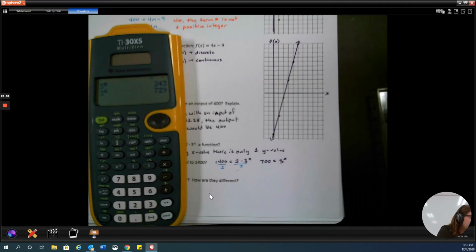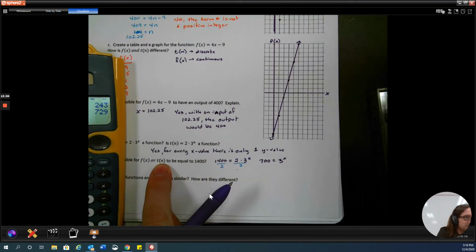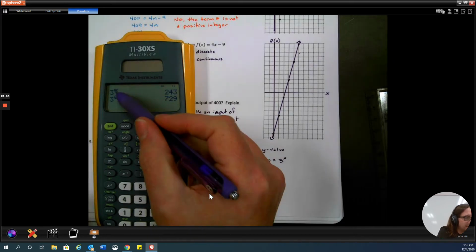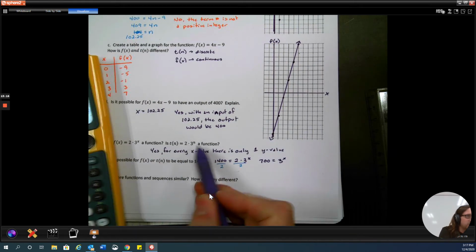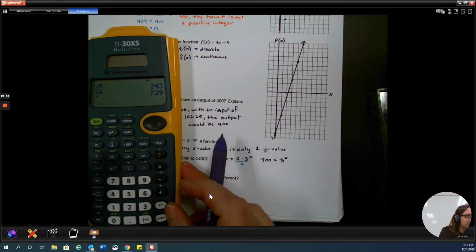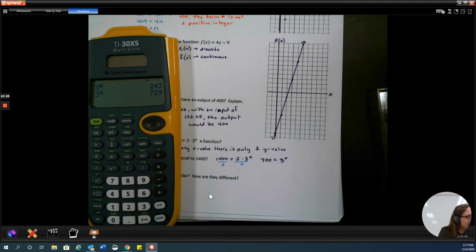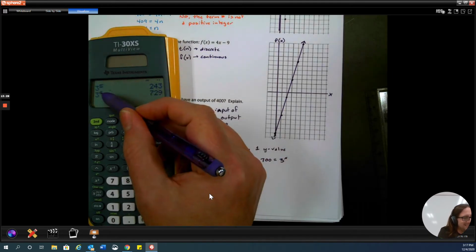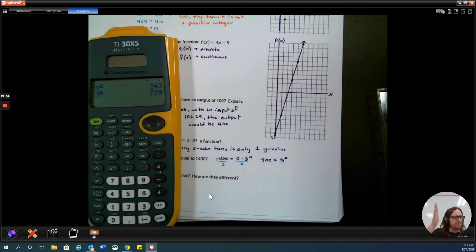Okay, so what it looks like here is that this could not be an answer if it was a sequence, because it doesn't look like I would have an integer value, because remember our exponents here are what we're looking for. So it looks like my integer values would not work. So this could not be a sequence. It can't be t of n. Because I looked at 5 and I got 243. I looked at 6 and I got 729. So we're way too much. We're in between there. But could it be a